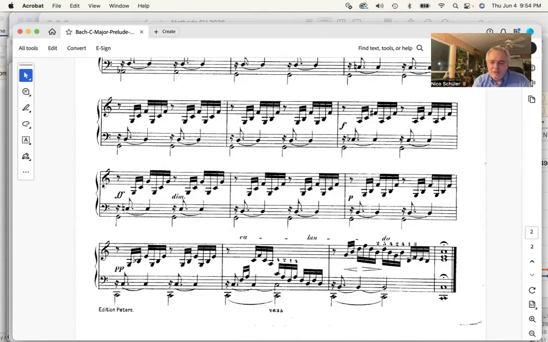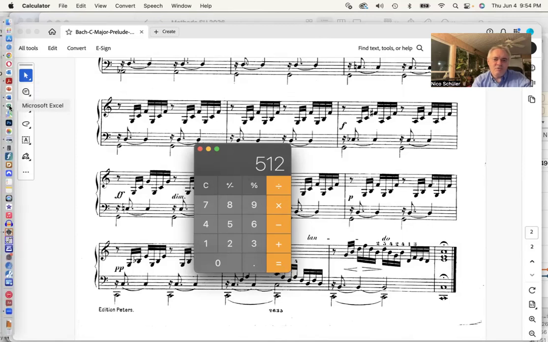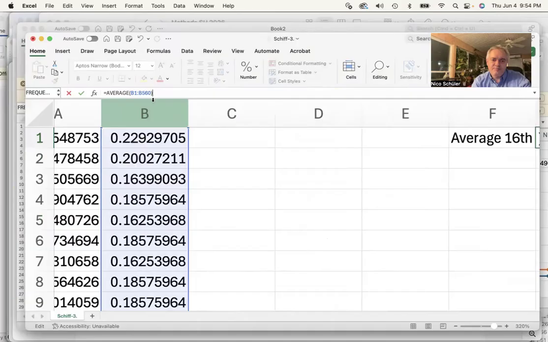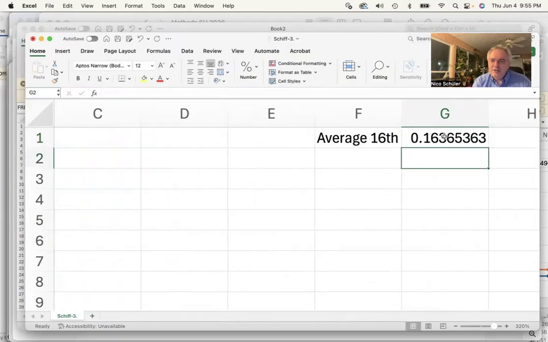So there are 16 16th notes in each of these measures. So 560 minus 16 times 3 measures of those. So let me take just 512. It's still very good statistics in terms of an average. So, and that will be in this G cell. And now if I hit enter, I have this